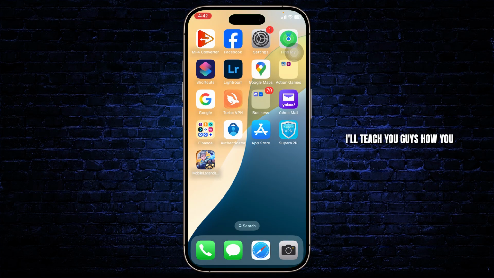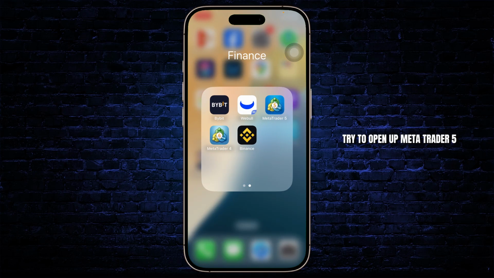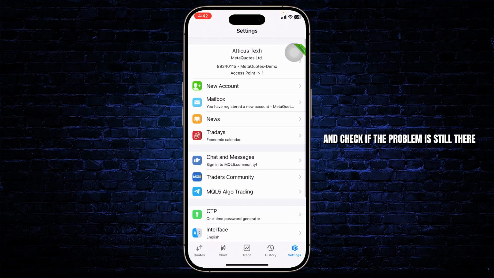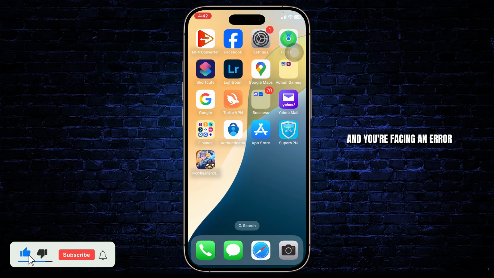In today's video, I'll teach you guys how you can fix MetaTrader 5 no connection. So let's get started. First steps first, open up MetaTrader 5 and check if the problem is still there. If the problem is still there and you're facing an error, what you can do is open up